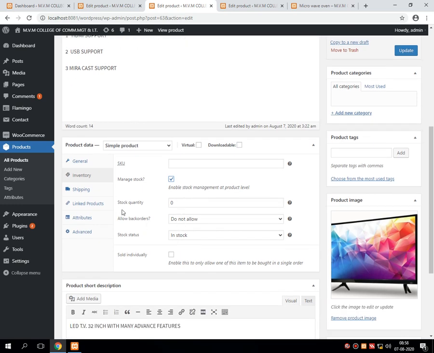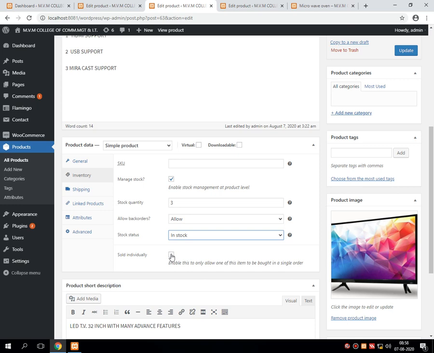Here you will find three different options. One is stock quantity. Right now it is 0. Say for example, I am assigning it as 3. Allow back order: suppose I am allowing it. Then stock status: I am selecting in stock.